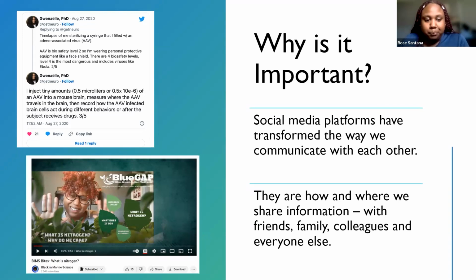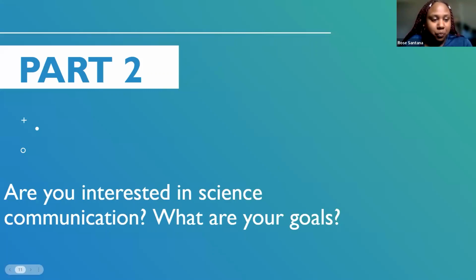So for science specifically, LinkedIn, Facebook, and Twitter are considered those big three platforms that are often used for science communication that aren't dedicated specifically to science. But within the last 3 to 4 years, we've seen an increase in Instagram, TikTok, and YouTube catching up with science communication platforms, with more and more everyday people even just creating content and sharing it, which has been super awesome to see.